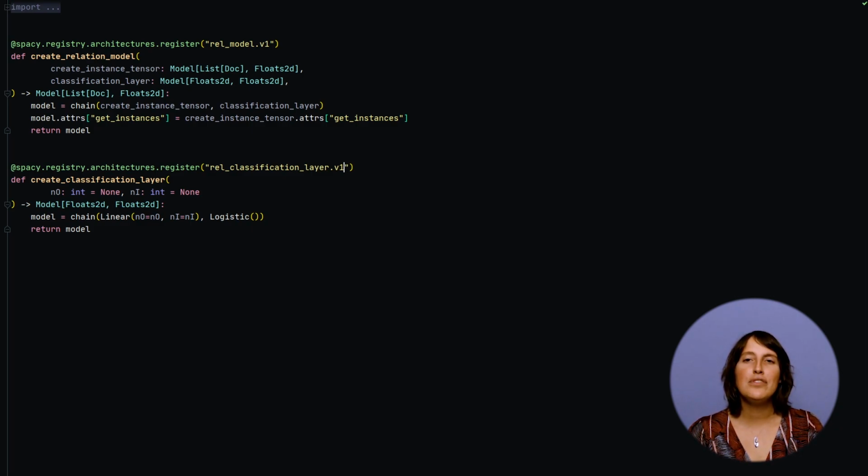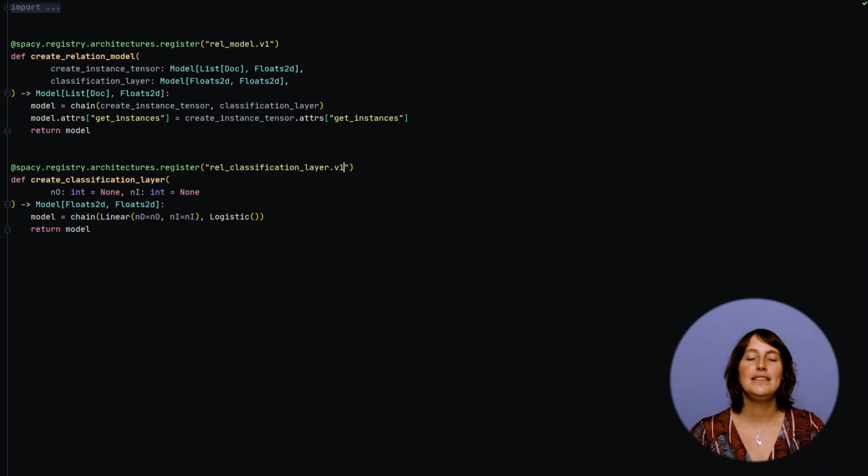Up until now, we've been able to just chain existing layers together, but things will become a bit more complex going forward. Let's have a look at how to implement the first layer of our model, which creates the instance data from the raw text. As I mentioned earlier, you could also implement any of these layers in PyTorch or TensorFlow, but I wanted to take the opportunity of this tutorial to give you an example of how it could be done in Thinc. Thinc is a bit different from other machine learning libraries and basically offers a functional take on deep learning. In practice, you define a layer in a neural network by implementing both its forward function as well as its backpropagation. This powerful approach provides a lot of flexibility and transparency.